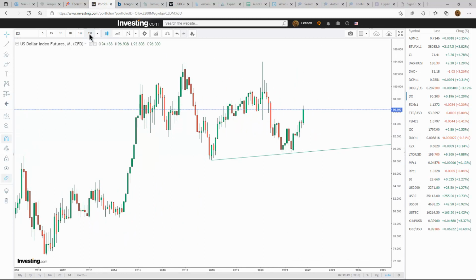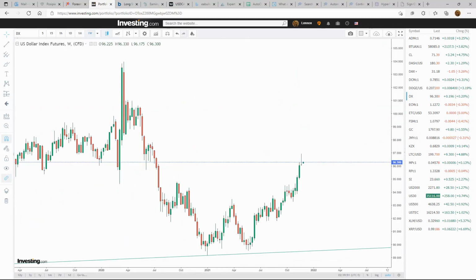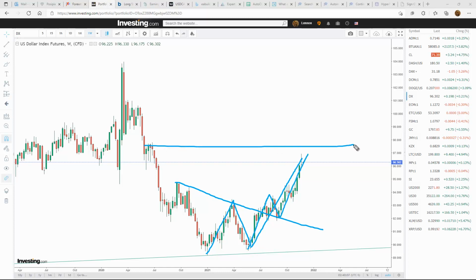Dropping to the weekly time frame. Now we can see that this big move is indeed real, and it's just very strong. We broke through and pushed to a new trend to the upside. So what we're getting is a very strong push coming back up into resistance here, first opportunity, and then we could go sideways here before we get another move.